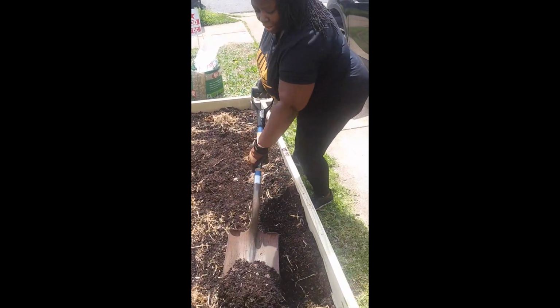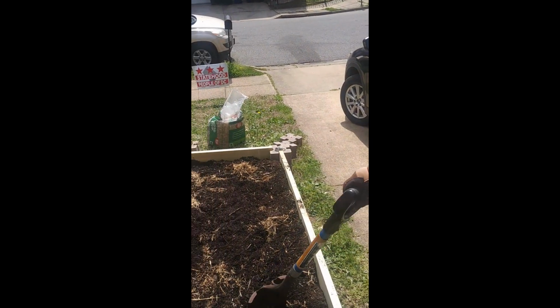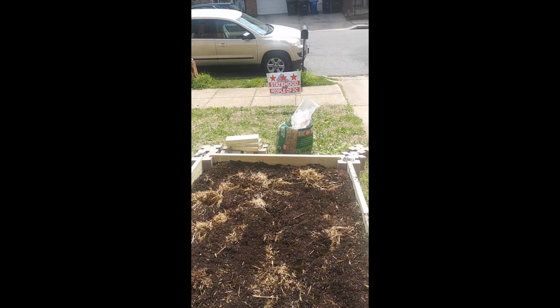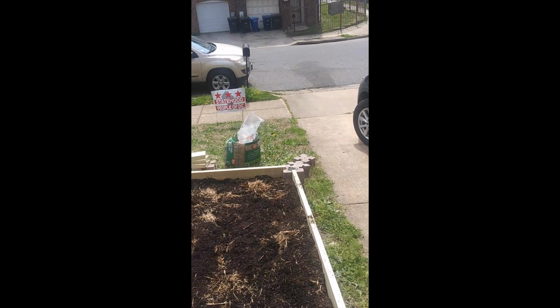So yeah, evening this out a little bit, and I may put 2 more bags of soil on top. No, we don't have any. Yeah, like I said, we used 11 bags yesterday, and I'm not good at math, so I don't calculate the cubic feet that I need